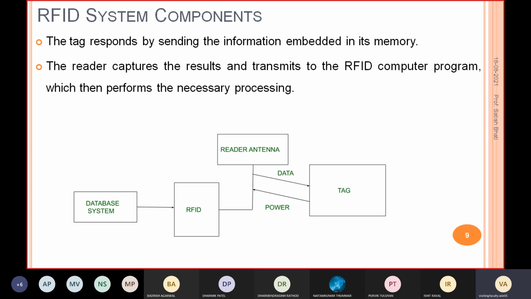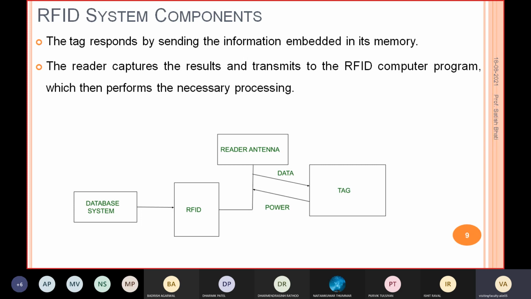In the slide you can see a figure, right? In the figure I have given a block diagram. That block diagram is the basic block diagram of an RFID system, and in that I have included all the components. In the box, at one side you have a tag, then you have the reader. Between this reader and tag you do the communication, so data will be transferred, right?